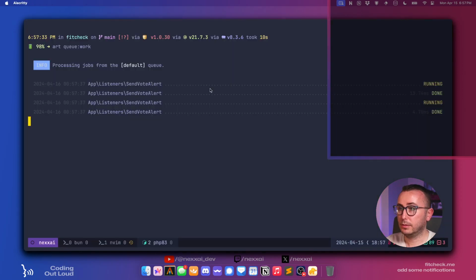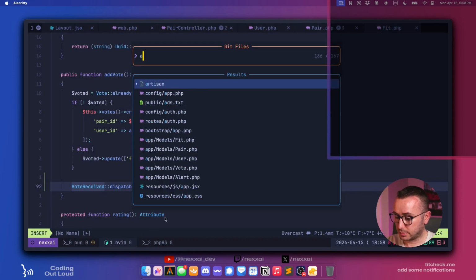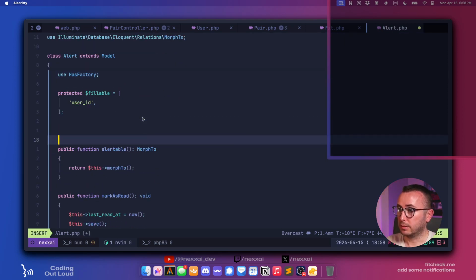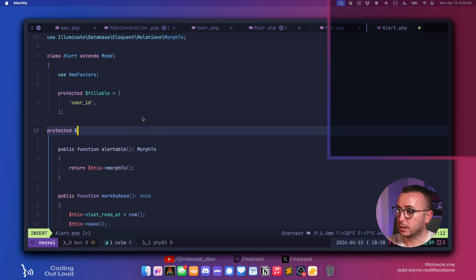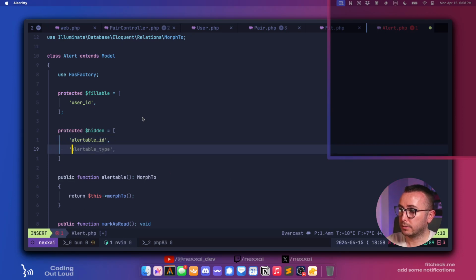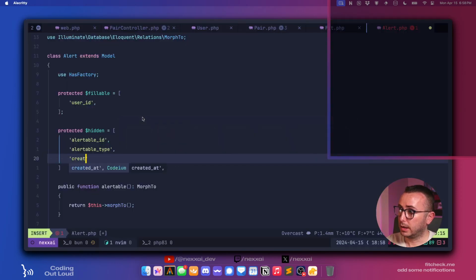Okay, so one thing I'm just noticing here is we definitely don't want to include some of that stuff here. So let's go to our alert. And by default, we don't want to include a bunch of this stuff. So we can say protected hidden equals. And so what don't we want to include? We don't want to include the alertable ID by default. When it's being serialized, we don't want to include the alertable type. We don't want to include the created at or the updated at